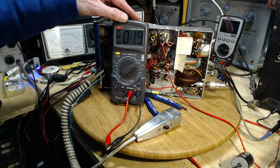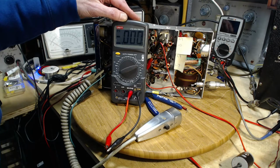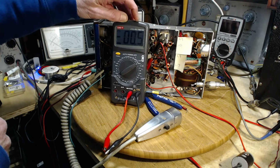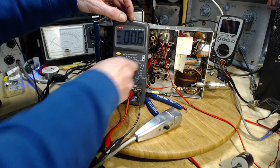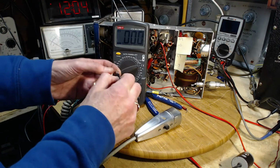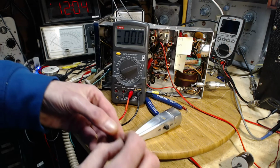So I'm on the 200 millivolt scale. Is there a volt on that? No. So it must be 1 millivolt. I don't know how this works. 200 millivolts. I don't know. No, nothing there. So I guess you could argue that